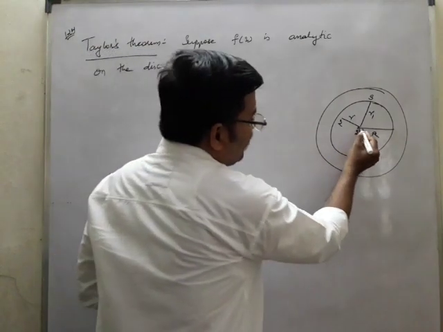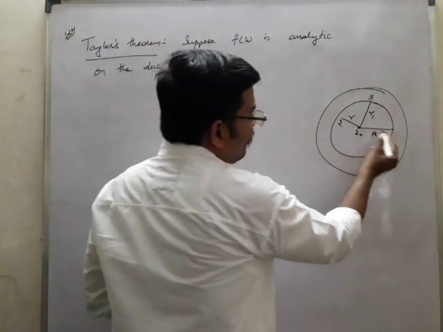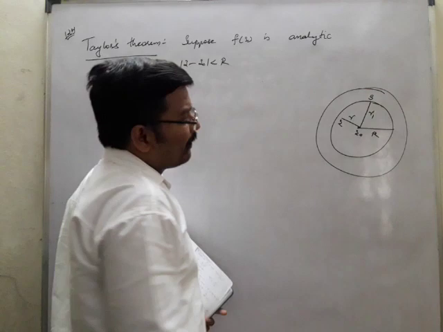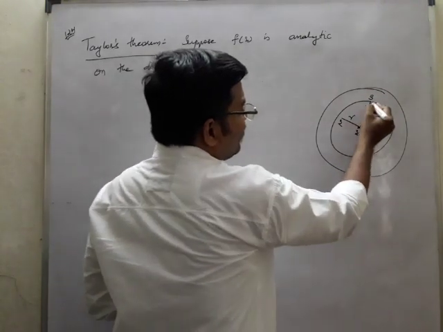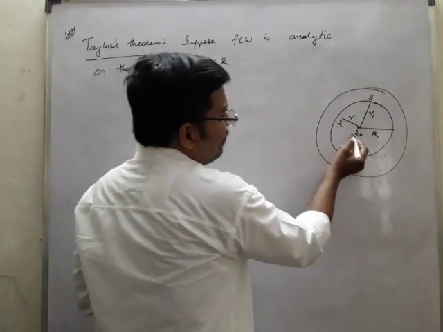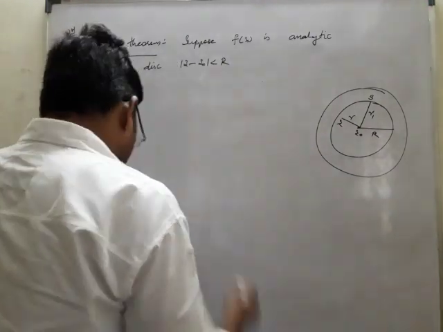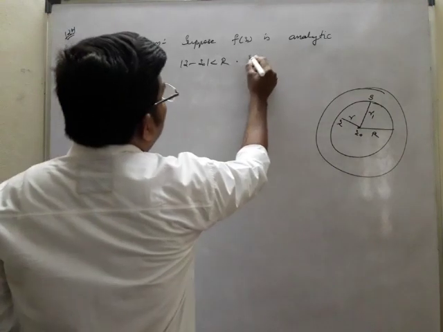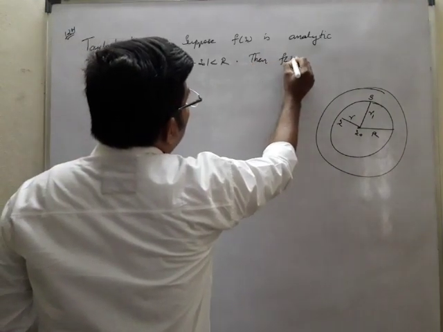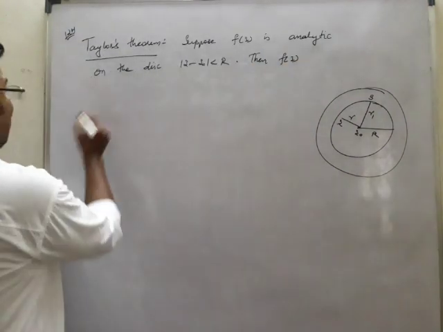The center is z naught. From the center to S is capital R, and from z naught to S is R1. From z minus z naught is nothing but r. Now these are the concentric circles. Then f of z can be